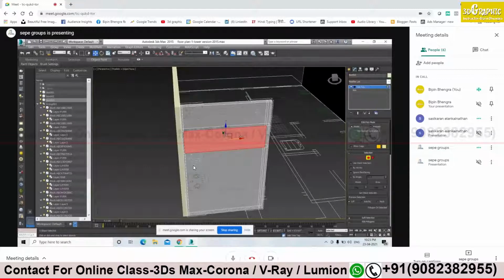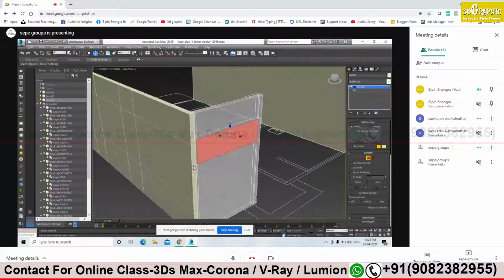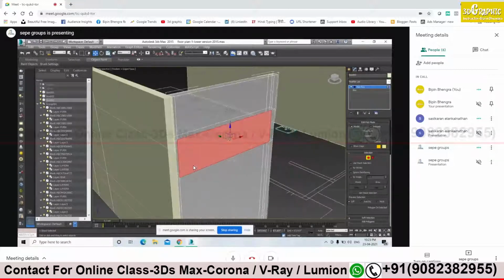Now first you have to create the glass. How I have created the glass, remember? First you have to drag it. Yes. I have dragged it in one direction. You also try to drag in one direction only. Press shift. No, no, no. Take your glass outside, outside with Y axis.